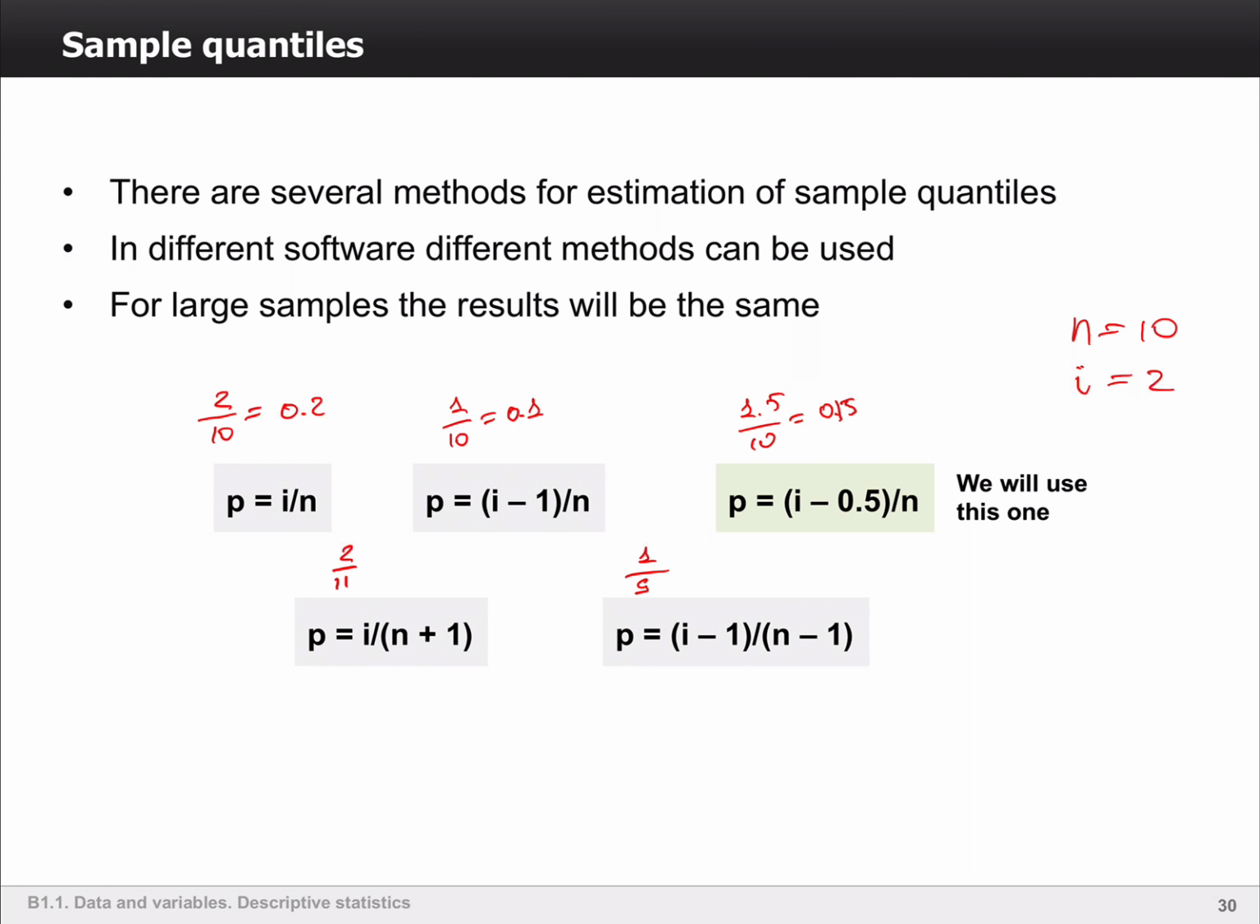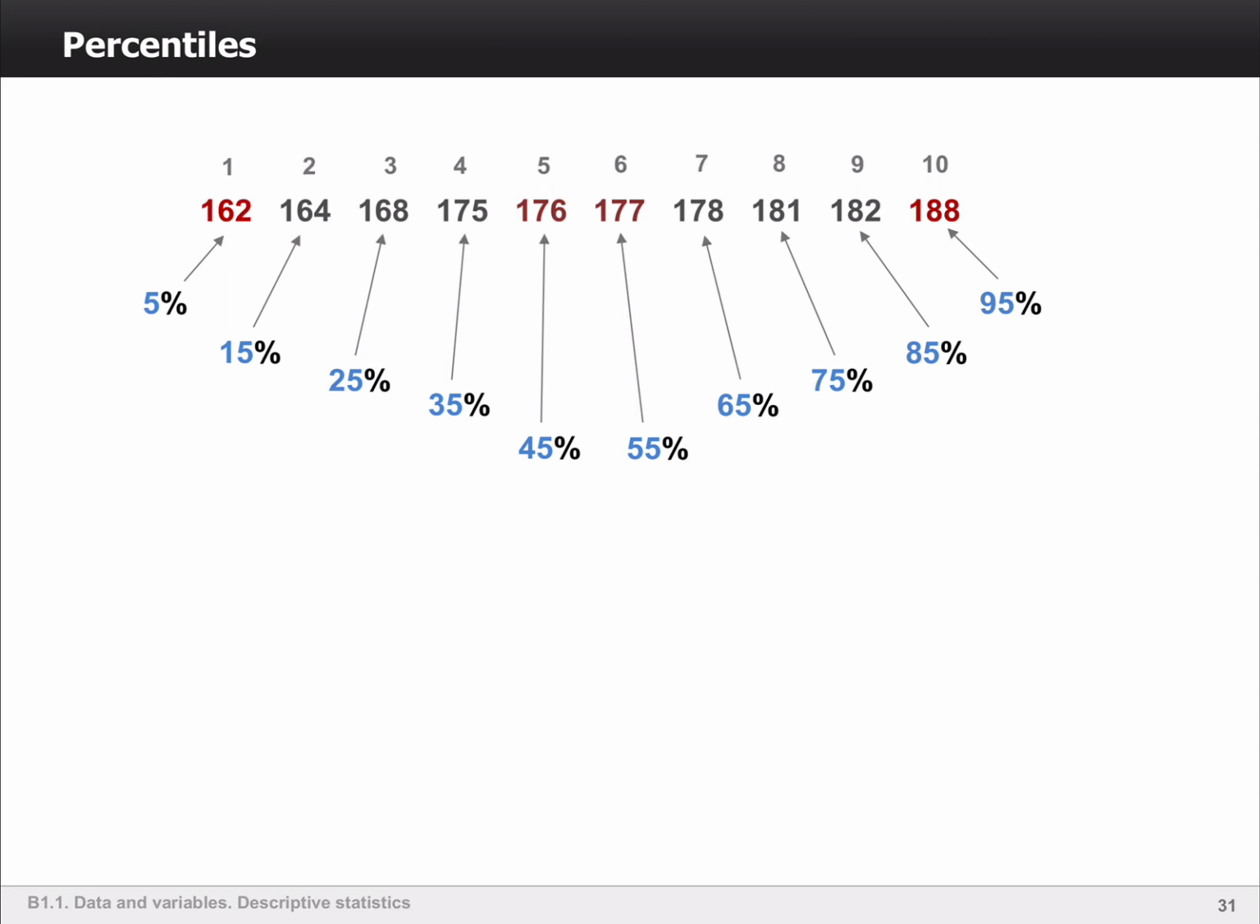But as soon as our sample size is large enough, the result will be almost the same. So in fact, it's not a big difference which formula to use. It's mostly important that you use the same formula for all your calculations. In this course, we are going to use this formula. Okay, if the sample size is 10, for example, and if we use the formula that we discussed before,